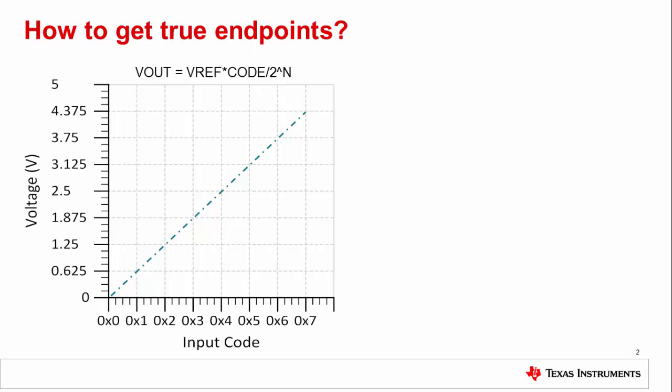Achieving a true full-scale output, meaning that the output is exactly equal to the reference voltage, is not possible. Every DAC has 2^n possible codes, and the 3-bit DAC transfer function illustrated here reflects this. There are 2^3, or 8, codes ranging from code 0 to code 7. Code 0 always maps to an output of 0 volts, so this means that the last available code, 7, maps to 1 LSB less than the input reference voltage.